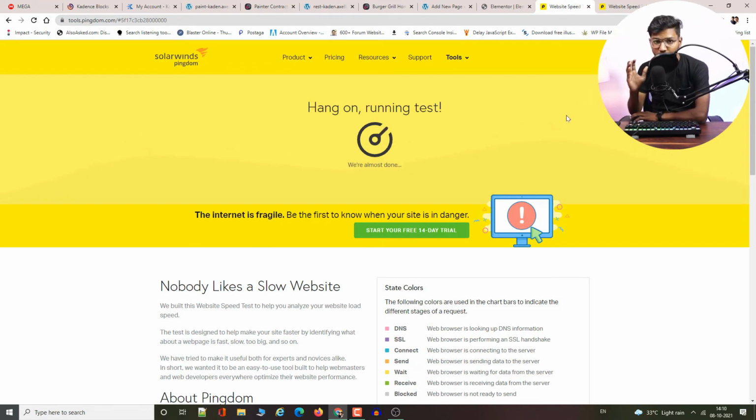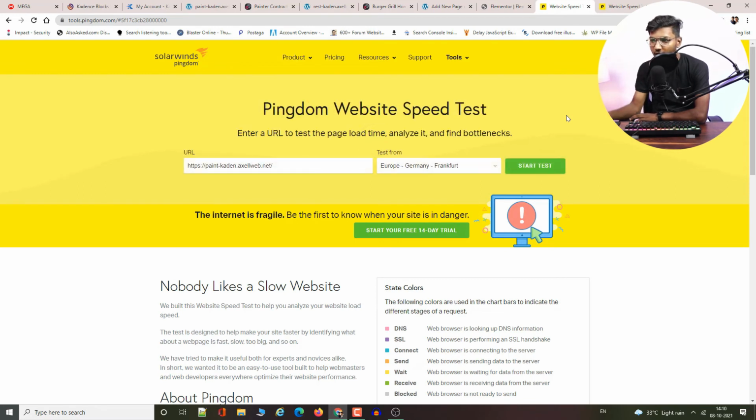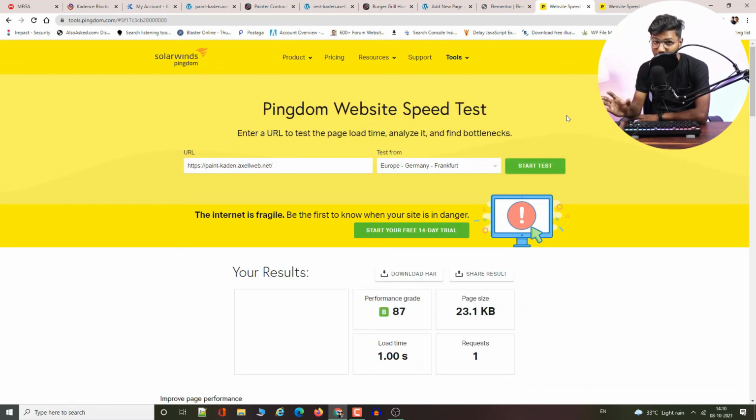But let me warn you about something. The website which I created is hosted on my hosting, which is SiteGround, and the landing page website created using Elementor is hosted on an unknown server. I don't know which server they are using. So speed and server response time may vary, but currently we are checking the page size. If a page size is like 500 KB from Cadence blocks and 1.5 MB from Elementor, the Cadence blocks is definitely going to load fast, because it has the smaller size, right?